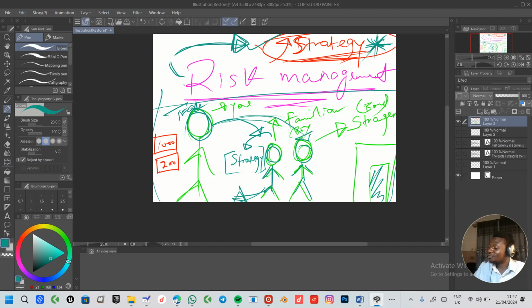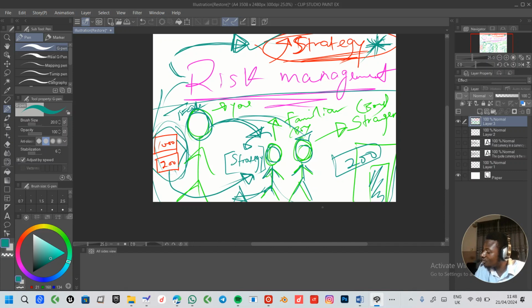Now let's talk about risk management. We've talked about the strategy as this boy in trading. Now, what does this money represent? Even though you are familiar with him, you will not want to give him a lot. If the juice costs 200 naira, and you have 200 naira in your wallet and also 1000 naira, which one will you want to give the boy? You will want to give him the 200 naira, just in case